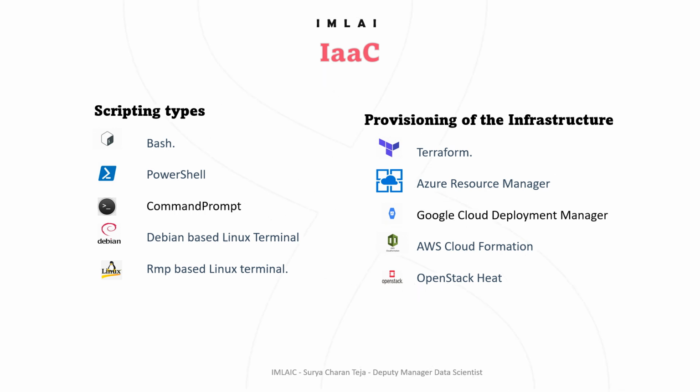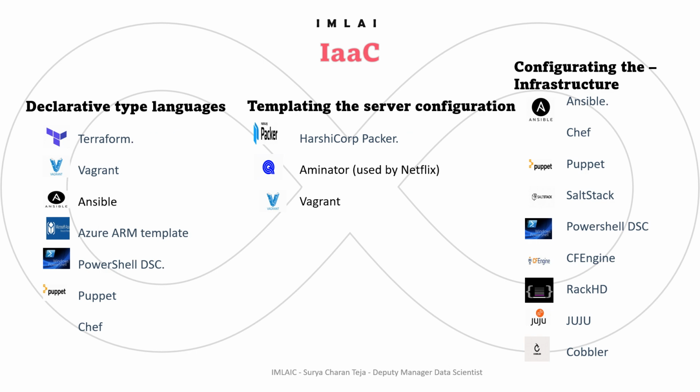Without that, you can completely automate the provisioning of the infrastructure using IAC, using the tools that I have just mentioned. Then we will look into more functions of the IAC. Initially we have seen the shell scripts. Now we will see declarative type languages. There are different declarative type languages used in Terraform, Vagrant, Ansible, Azure ARM template, PowerShell DSC, Puppet, Chef. So these are all tools where we can use a declarative language and then configure or provision